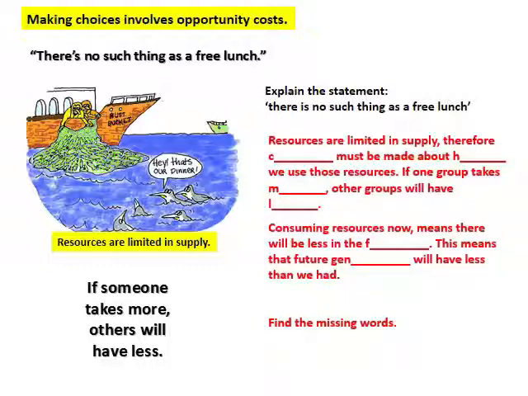So in the cartoon you've got fishermen taking the fish, and you've got the penguins in the sea looking at the fish and thinking, hey, that's our dinner, we were going to eat that. And so this cartoon is looking at the consequences of limited resources. If someone takes more, others will have less. And of course this has huge implications from generation to generation. If one generation of people take more, that means the next generation, ceteris paribus, providing technology doesn't change the picture too much, will have less.